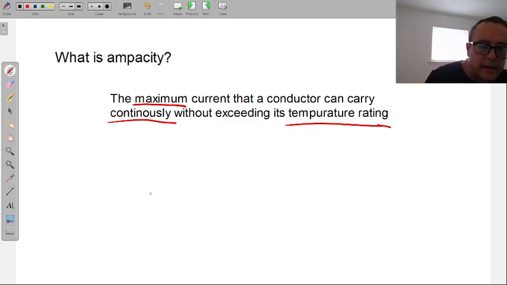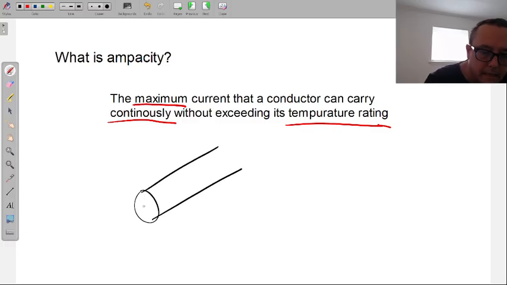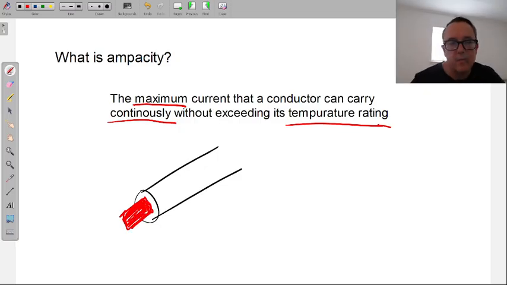All right, now if you're writing that, I'll set up what I mean here, and I'll do it in red. We have our conductor side, and then we have the insulation around the conductor. Because amperage is heat, and heat affects things around it. But honestly, with copper, it requires a lot of heat to damage it. It takes a lot.